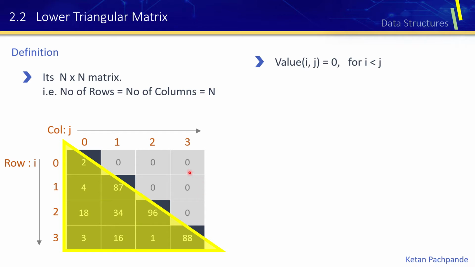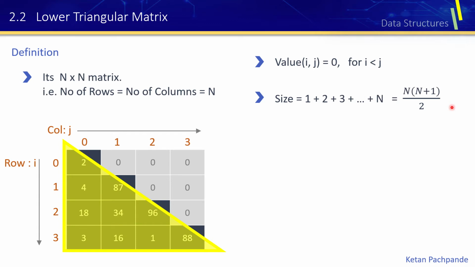If you try to store this entire matrix in memory, unnecessarily you are going to waste the memory space in storing those values which are actually going to be 0. So the problem is, why store this 0? Why don't we actually store these elements? If I count these elements, it's nothing but 1 plus 2 plus 3 plus 4, total is 10. So instead of storing the 16 elements in the memory, we are just going to store these 10 elements in the memory somehow.